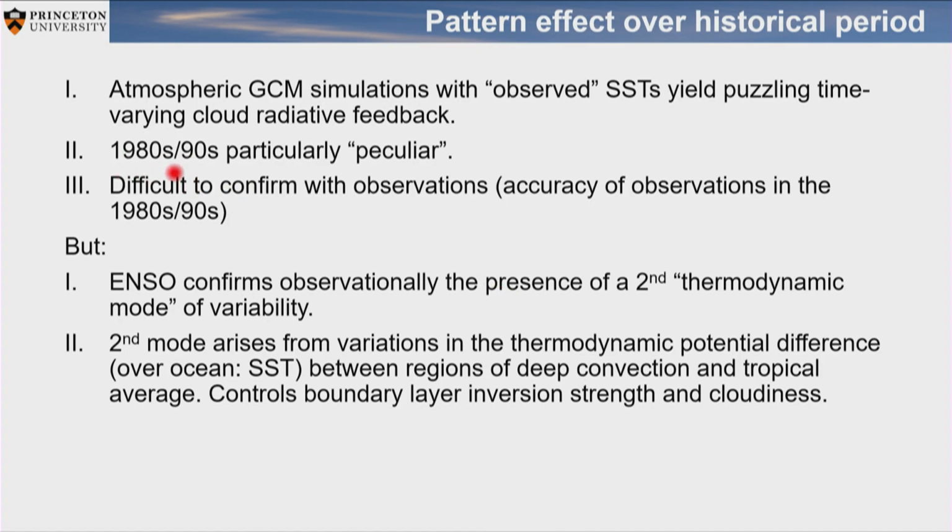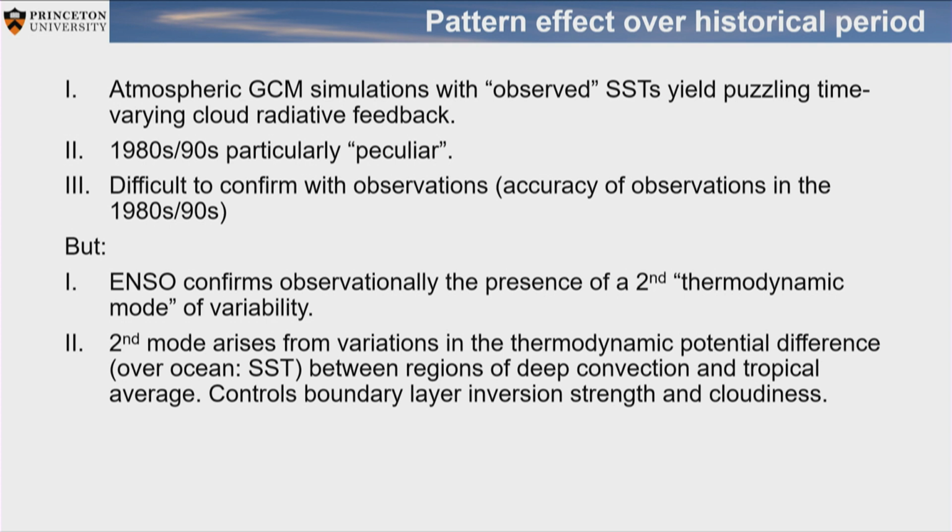So, as I said, particularly the 80s and 90s are pretty peculiar in what the observations tell us. This is very hard to confirm with observations, and it boils down to how reliable these remote sensing observations from a couple decades ago are, which I'm really interested to learn more about. But what we definitely can say is that ENSO confirms there are these 2 modes, and they're very, very impactful, as we have seen. What we now wonder is what we learn about the second mode, and how important is that for climate change?